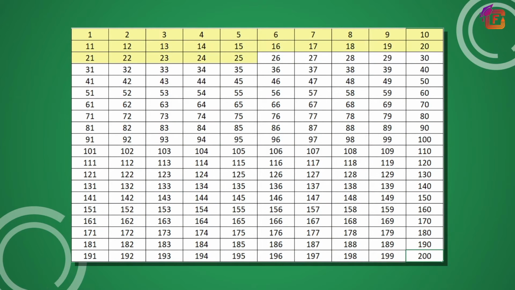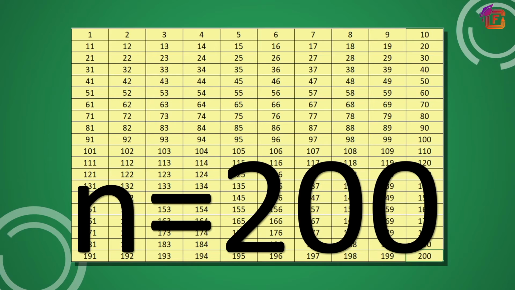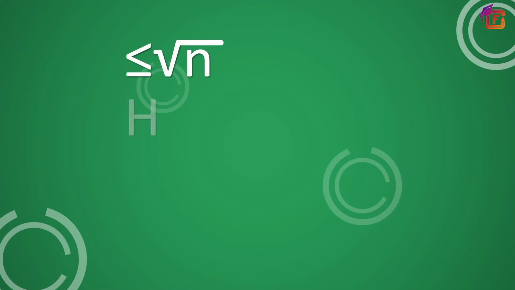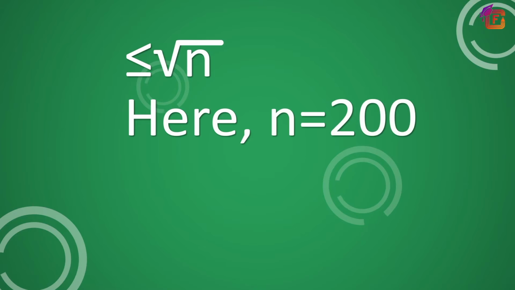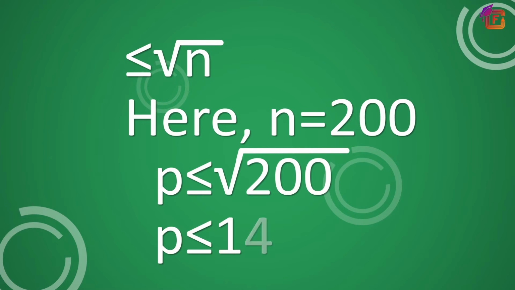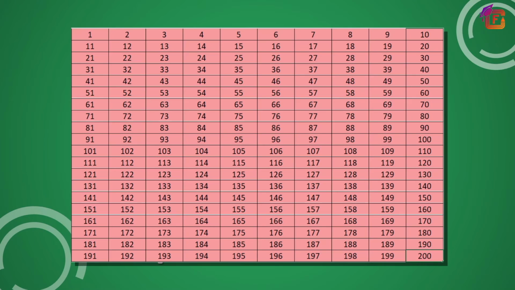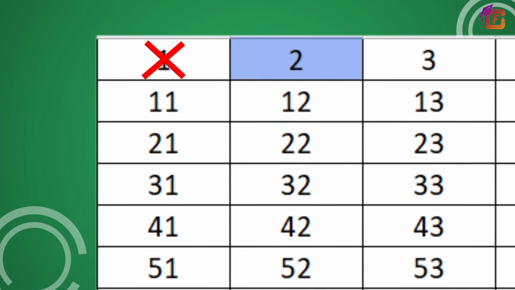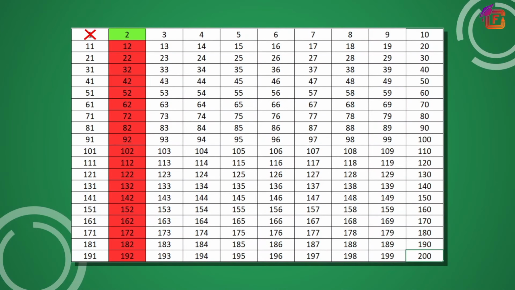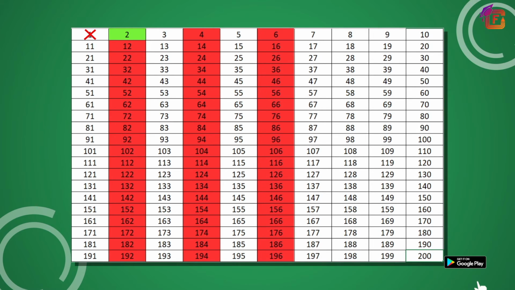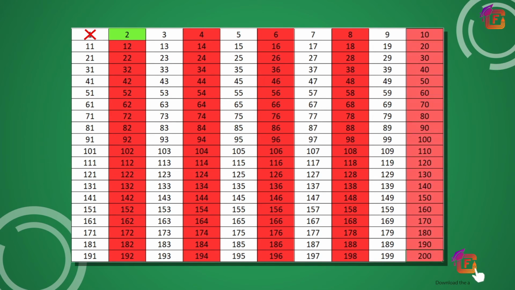For example, to find all the primes less than or equal to 200, first we list the numbers from 1 to 200. Cross out the 1. We have to proceed till less than or equal to the square root of 200, that is 14.14. So, we need to check the multiples of all primes till we reach 14. The first number 2 is prime as it has 2 factors, so we keep it and color it green and color the multiples of 2 red. The red numbers are not prime, that is, they are composite numbers.